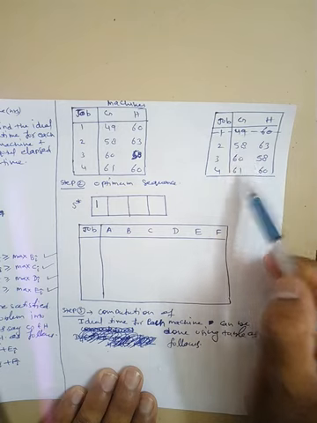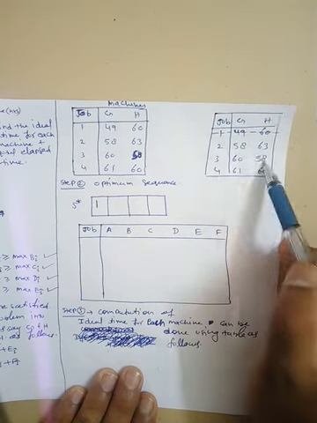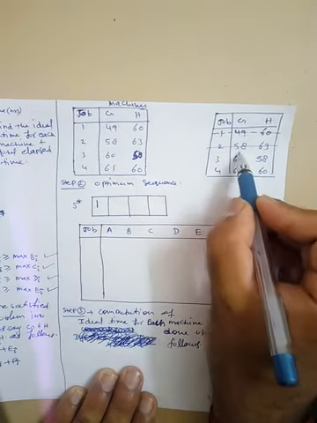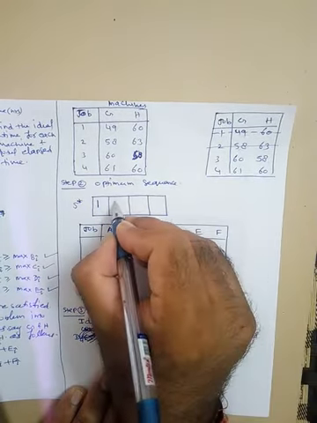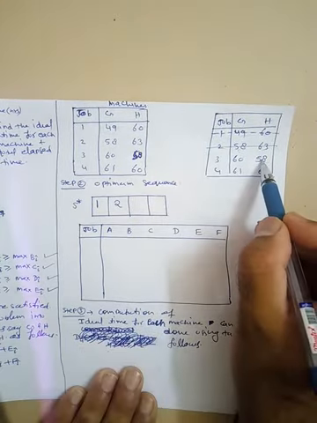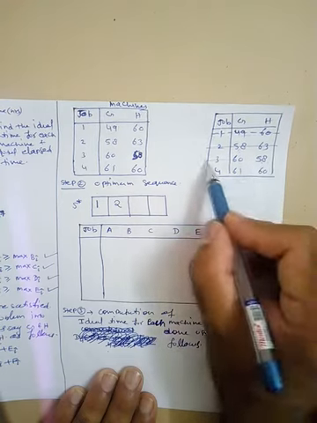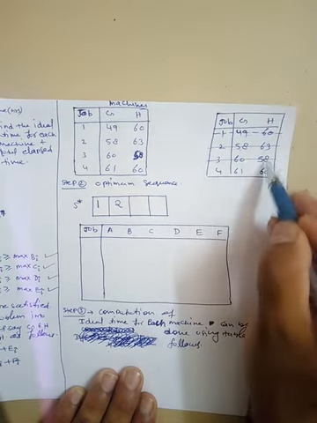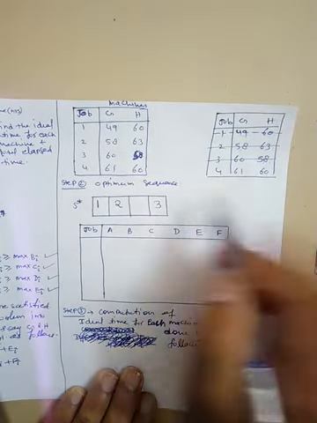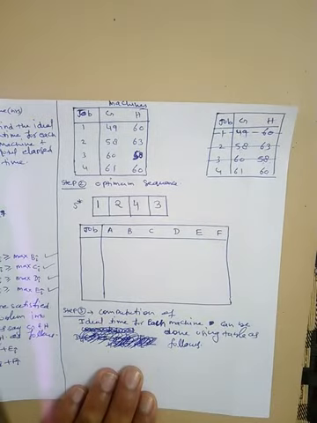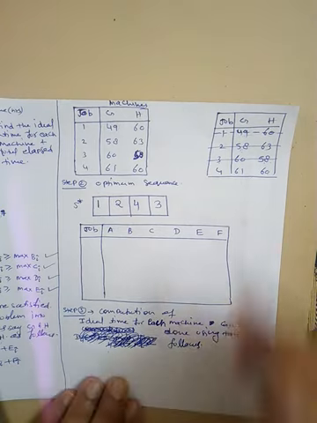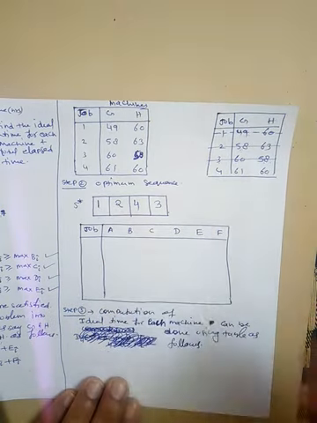Here is 58, here is 58. So both may be taken. For example, if you are taking this, then this job will come first, 2. Then here is the minimum one, which is 58. So this job should come last because this is associated with the second machine. So this will come here last. And now the remaining is the fourth job. So this will be the sequence: 1, 2, 4 and 3.